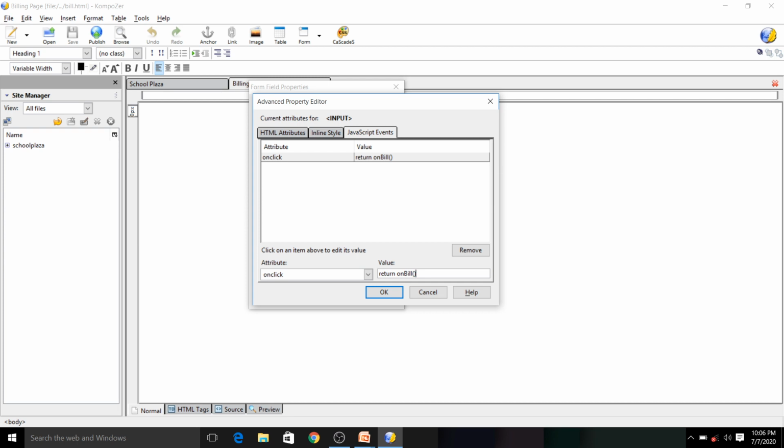Last time I got a query: okay ma'am, is it compulsory to write the return keyword? It is not compulsory. You can remove it also because a function always returns a value, either true or false. It is better to write it. Here I am showing without writing it, and still I will get output.